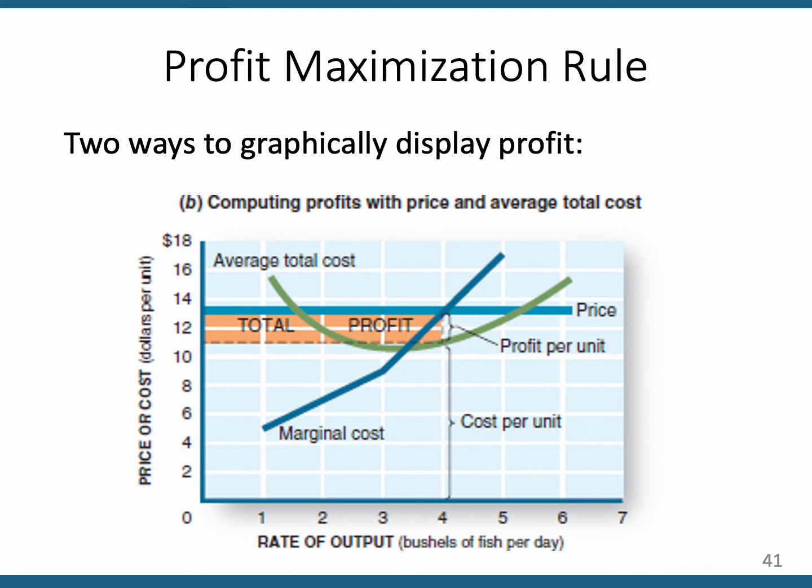All right, so now we have added to this the average total cost curve for this firm. We have the marginal cost curve, that's the blue uphill curve that's increasing at an increasing rate. Average total cost, remember that's a U-shaped curve. And then we have price, or the demand curve for the individual firm. This is all for the individual firm, the horizontal line. So here's the process you're going to follow for the rest of this course, well, for the next five chapters anyway, to figure out where profits are maximized and how much profit it would be.